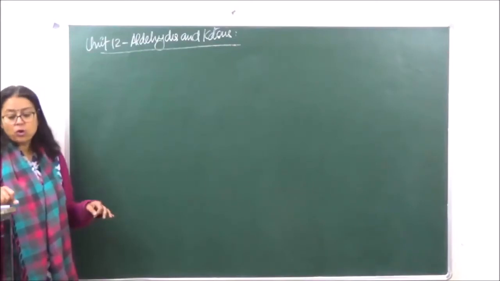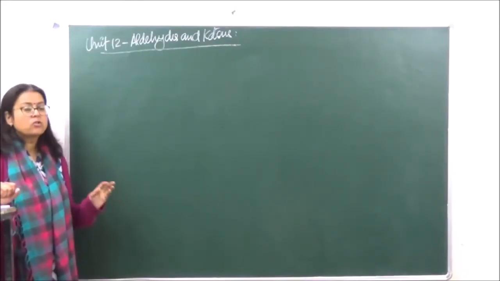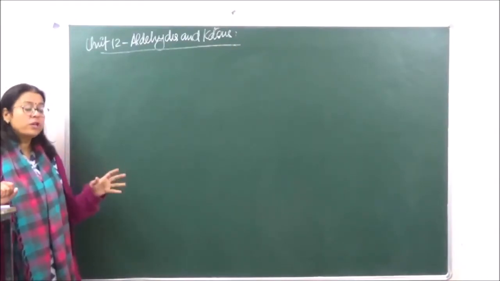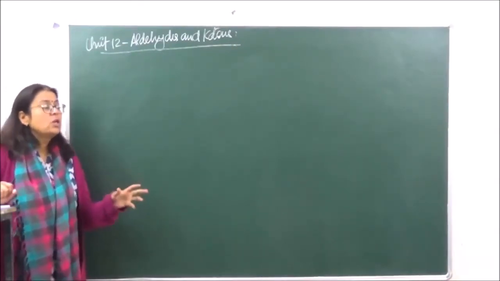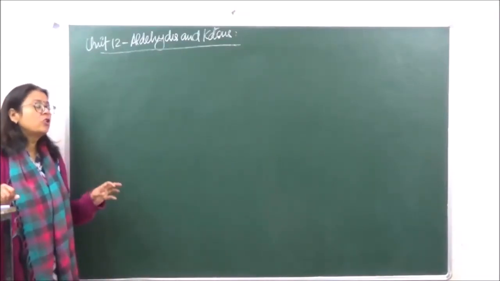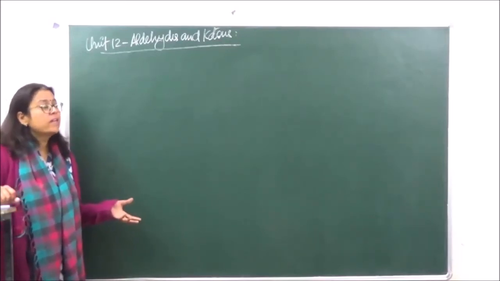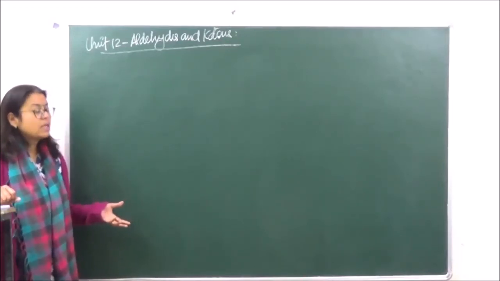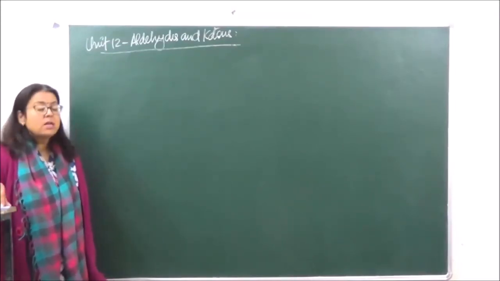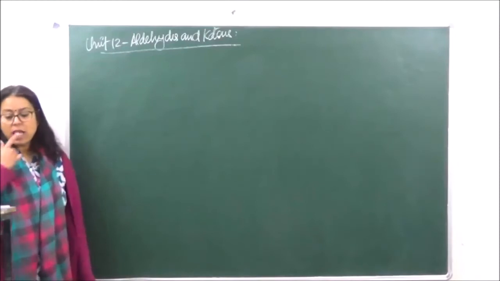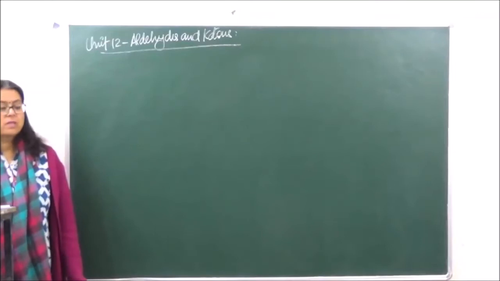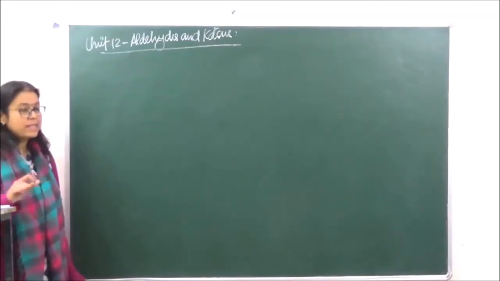Similarly, when we go to carboxylic acids also, we will discuss the nomenclature, we will discuss the acidic nature, how electron withdrawing groups, because that is one important question जो कि आपको competitions में आता है, how electron withdrawing groups and electron donating groups are going to affect the acidic character of carboxylic acids. So trend of acidic character, that is one question which generally comes in your competitions. We will of course do the methods of preparation, and then we will do the physical and chemical properties of the carboxylic acid, right?